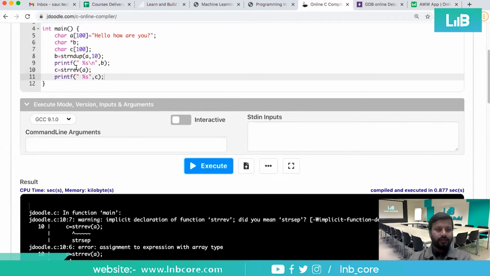Something rev, what happened? Expression is wrong. strrev, something is wrong here. Any spelling mistake or so?